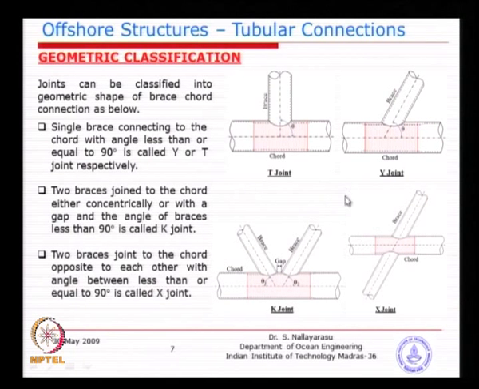Now, there is a primary criterion for a K junction, which we will see a little later, because here we are just classifying based on geometry, whereas it is not going to behave similarly to a K. K is only a shape, but for the behavior we have to look at the load transfer. So, whoever does the design, almost every connection will fall into one of these categories, which we will see one by one.